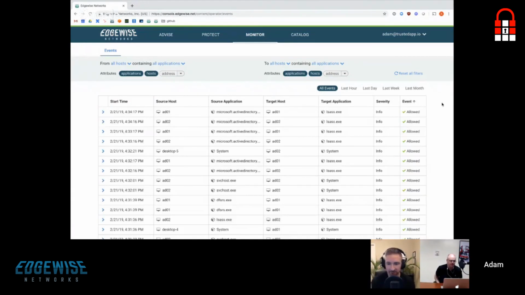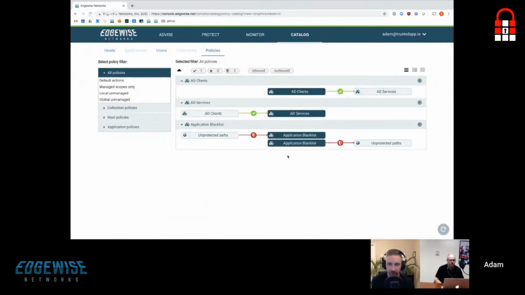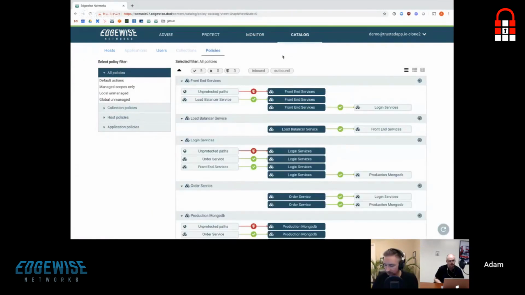So the last thing that we want to understand when looking towards the idea of alerting, or towards understanding the state of the environment, is what policies are in place. So I can simply come over here to the catalog section, look at my policies, and see what I have that's active in the environment. So the other part here, when we come to the catalog policy section, we see everything that we just did. All those policies we just applied and created are listed here for us.